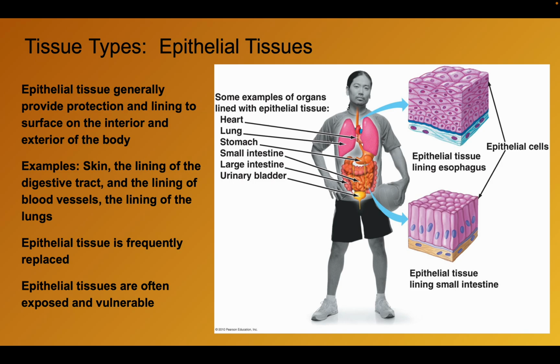So we're going to do a quick overview of 4 primary tissue types. If you look at all the various tissues, and again, a tissue would be a collection of one type of cell that all perform the same function, there are 4 general tissue types. The first of those is